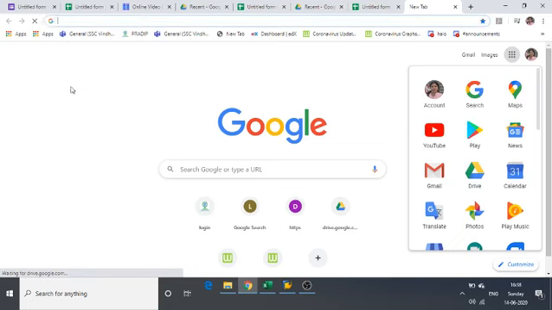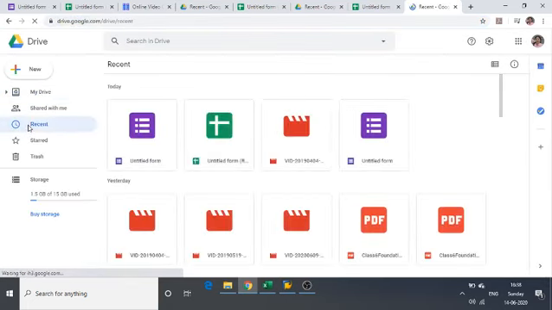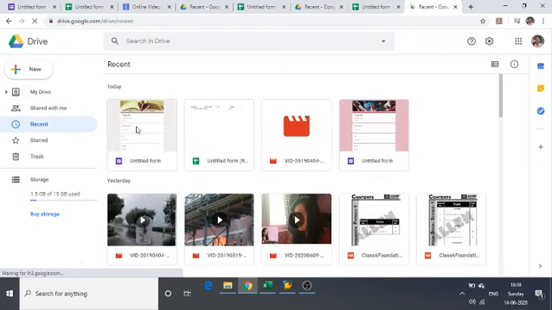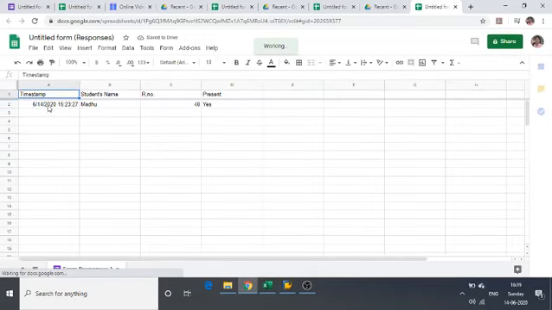You can check in recent. Anytime you can open it from here and get the response. This is your Google form and this is your response spreadsheet, and this is the information record of a student.